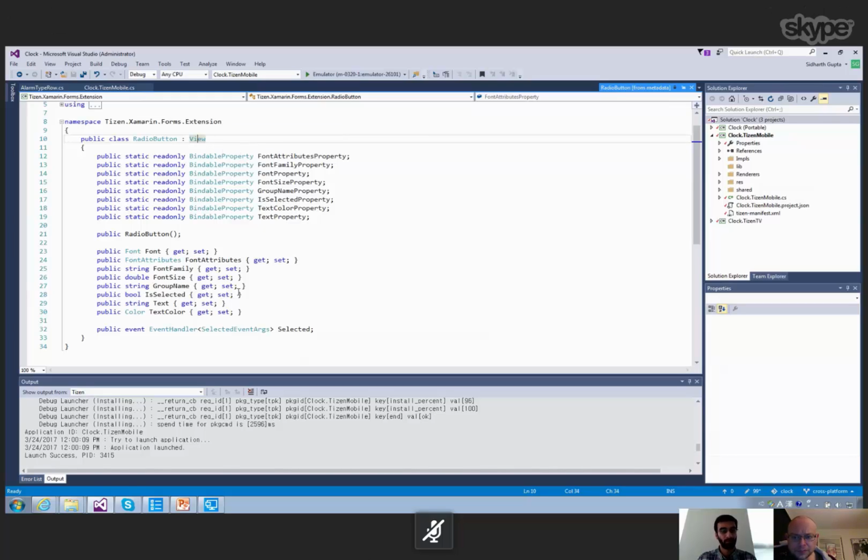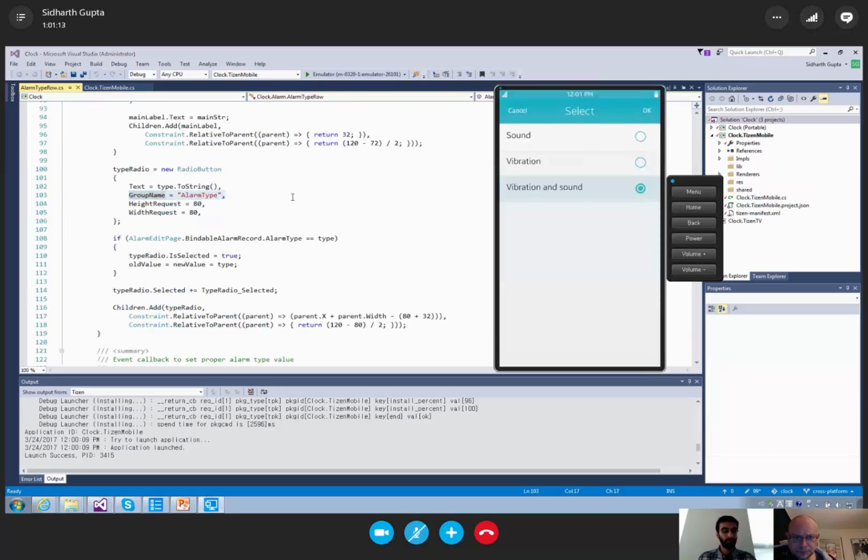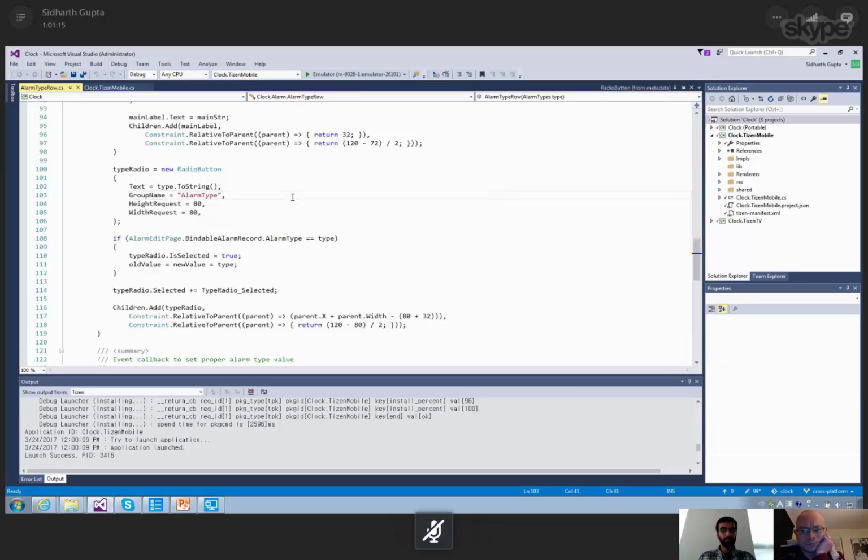And we have this group name property, the consequence of which is that only one radio button in a group can be selected. So all our radio buttons are part of this alarm type group, and only one of those can be selected. And that's more or less what I wanted to demo to you today about Visual Studio